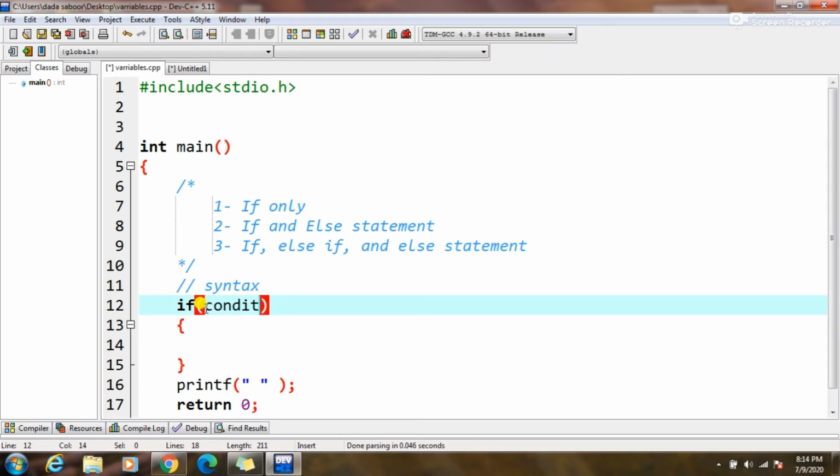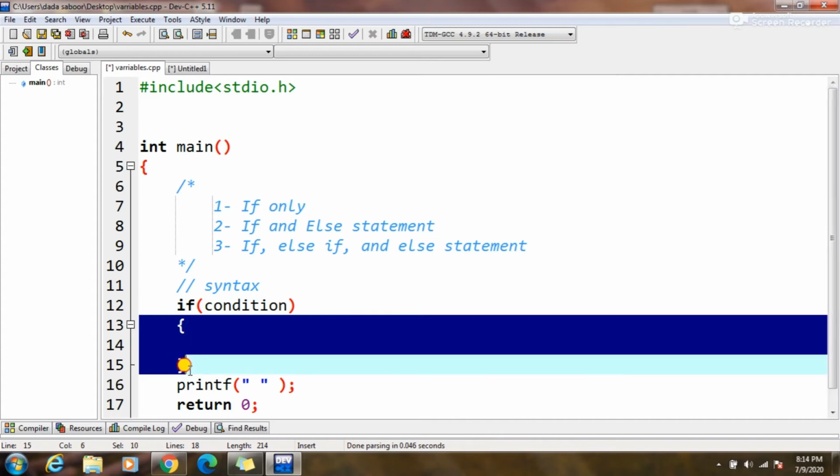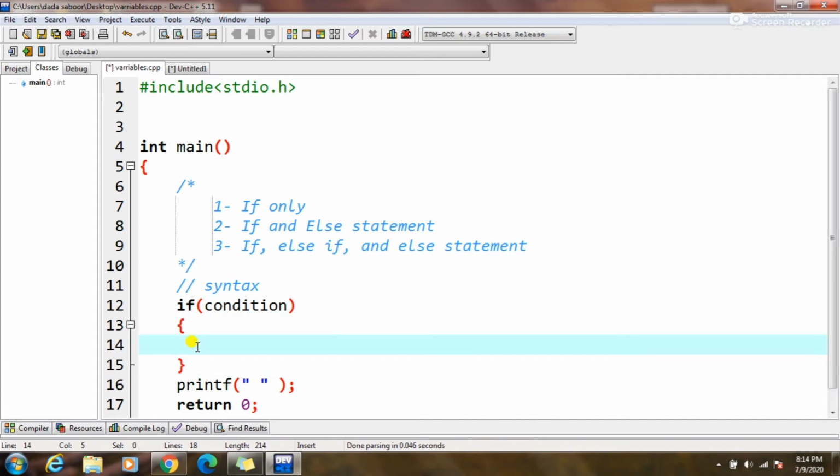This part is of condition. Condition can be made by using operators, which we discussed in our previous tutorials. Relational operators, arithmetic operators make the condition, and these curly brackets are the scope of condition, and it is known as the body of if statement.